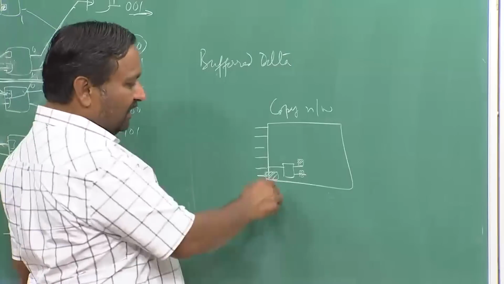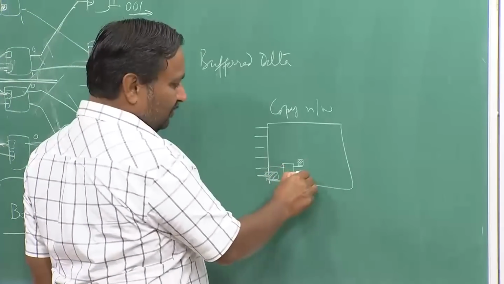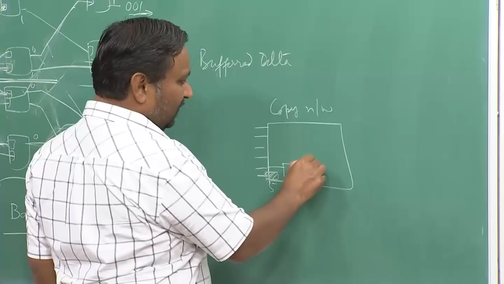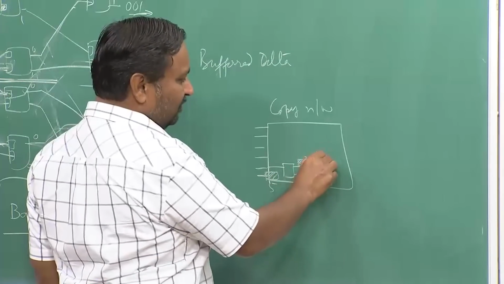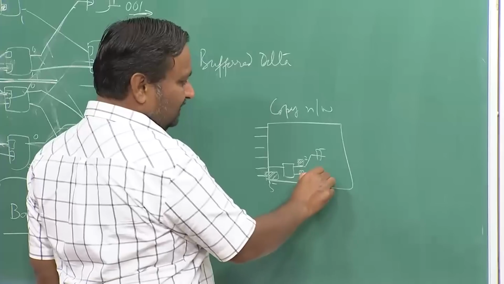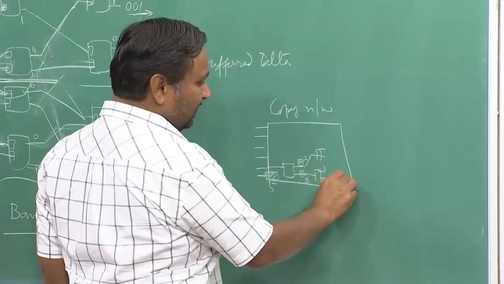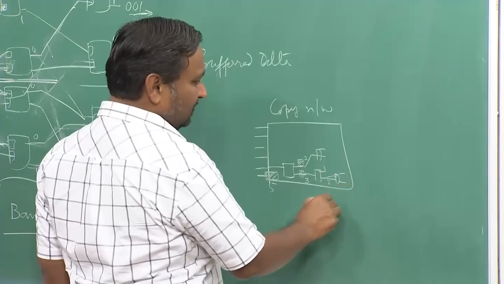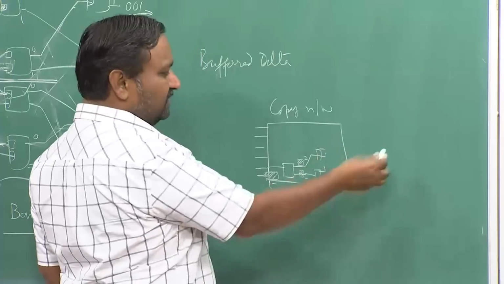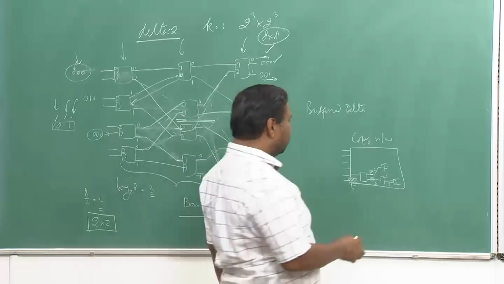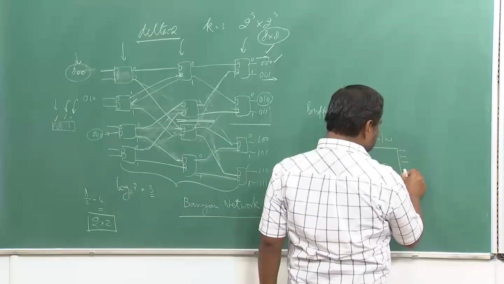If it is an odd number, say if it is 5, you may put 3 here and 2 here. So there will be only 2 copies next time which will be made here. So when the copies are going to be made here, 1 and 2, next time there will be 2 copies being made by the next switch. So you will have 1, 2, 3, 4, 5 copies which will be created. So a copy network, and a distribution network after this,